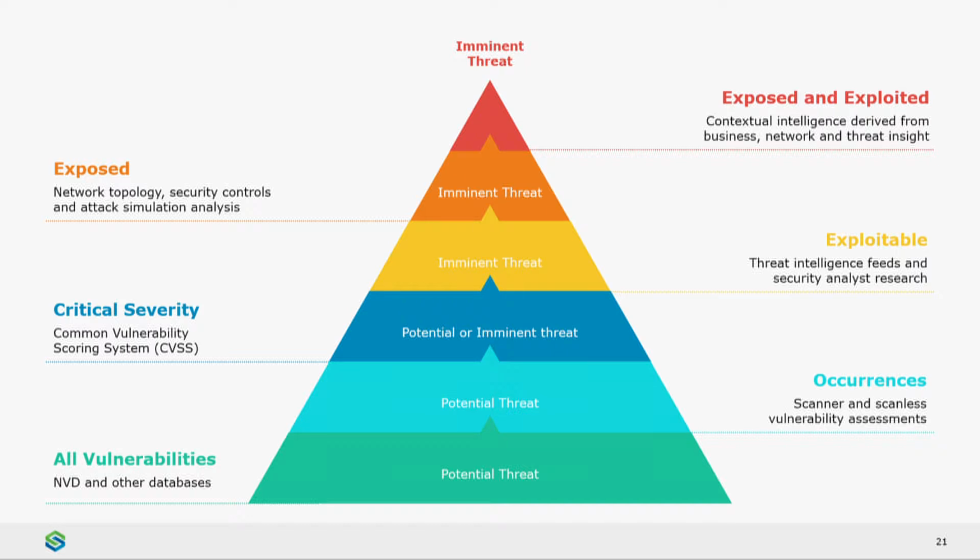Okay, and then the top of the pyramid, imminent threat, is exposed and exploited. The vulnerability is accessible and it has a known exploit. Panic, panic, panic. But these vulnerabilities, top, basically reports are saying they are between 1 to 3% of your entire baseline vulnerabilities. So it's a very concentrated report. You can work on that.